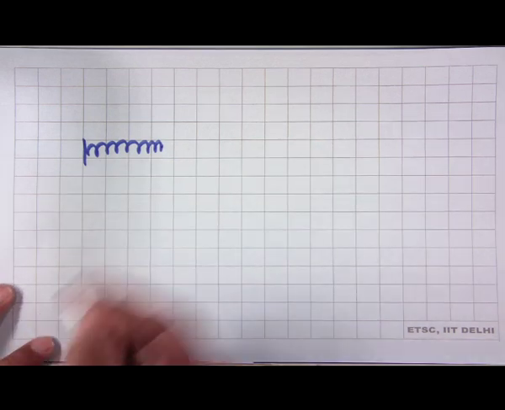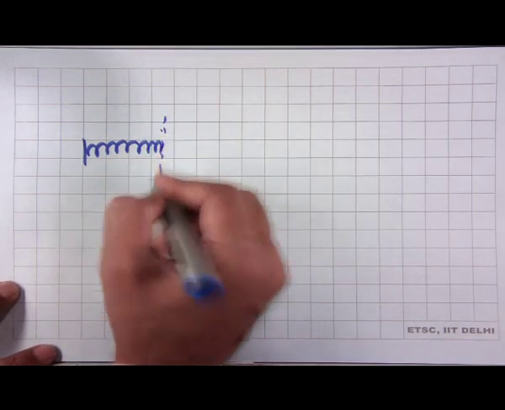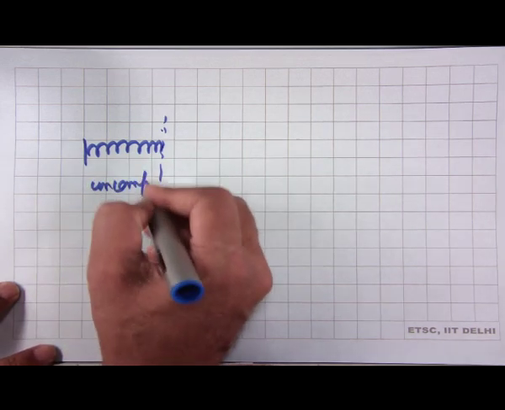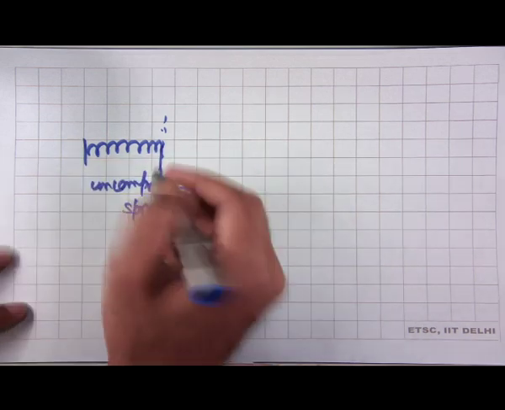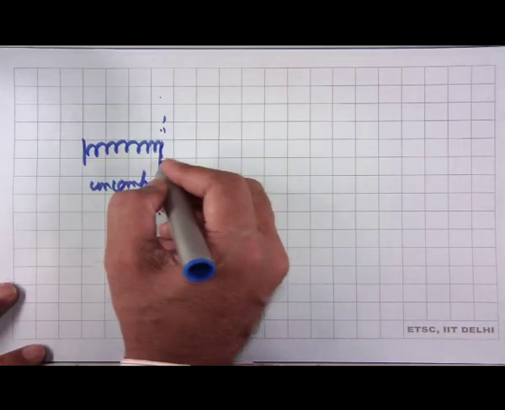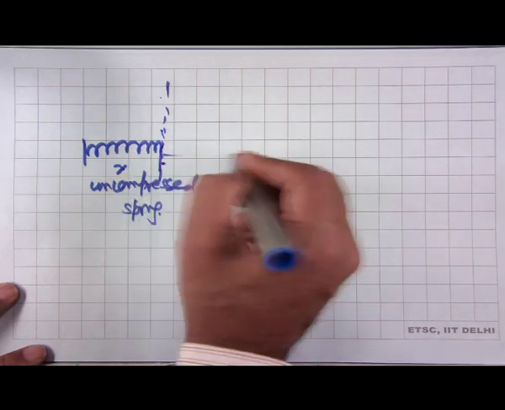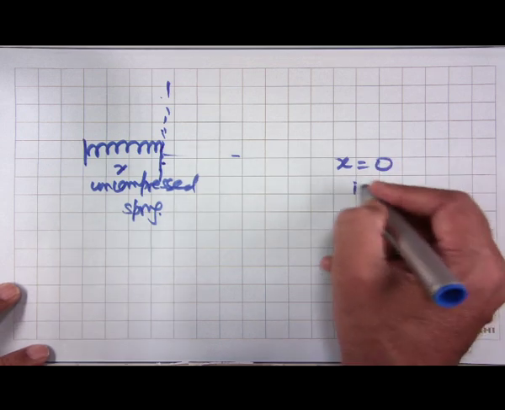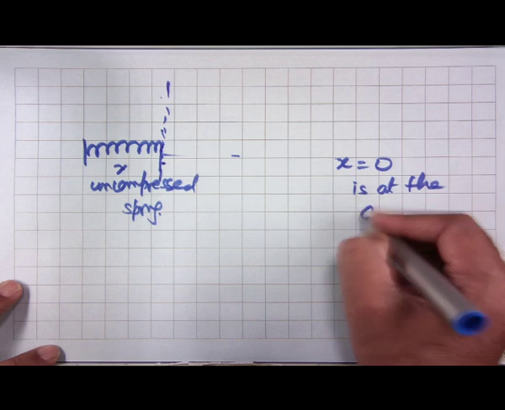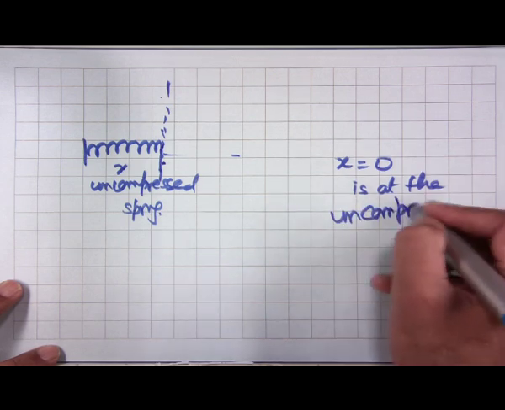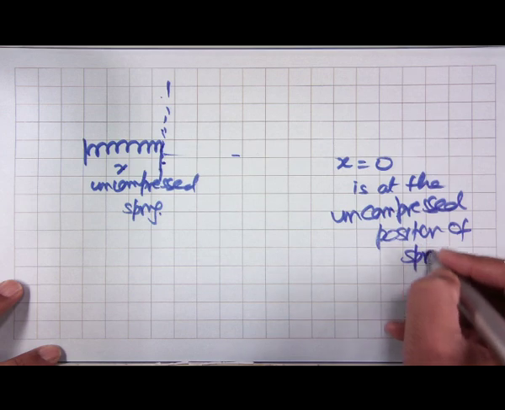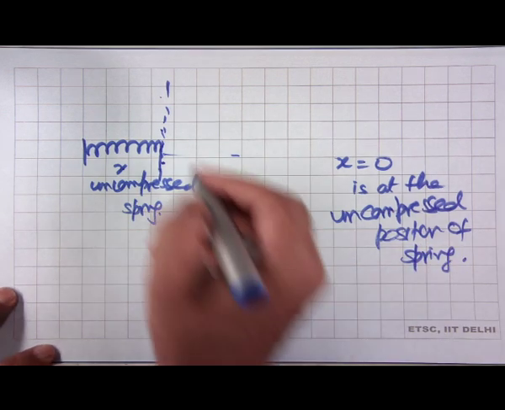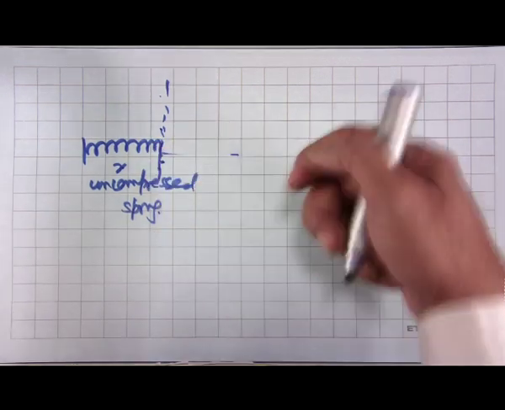We have seen this, if there is a spring. So, this is an uncompressed spring, and the position when it is uncompressed, that is where we define our x axis, the uncompressed position of the spring. Now, what we know about a spring is that if we compress